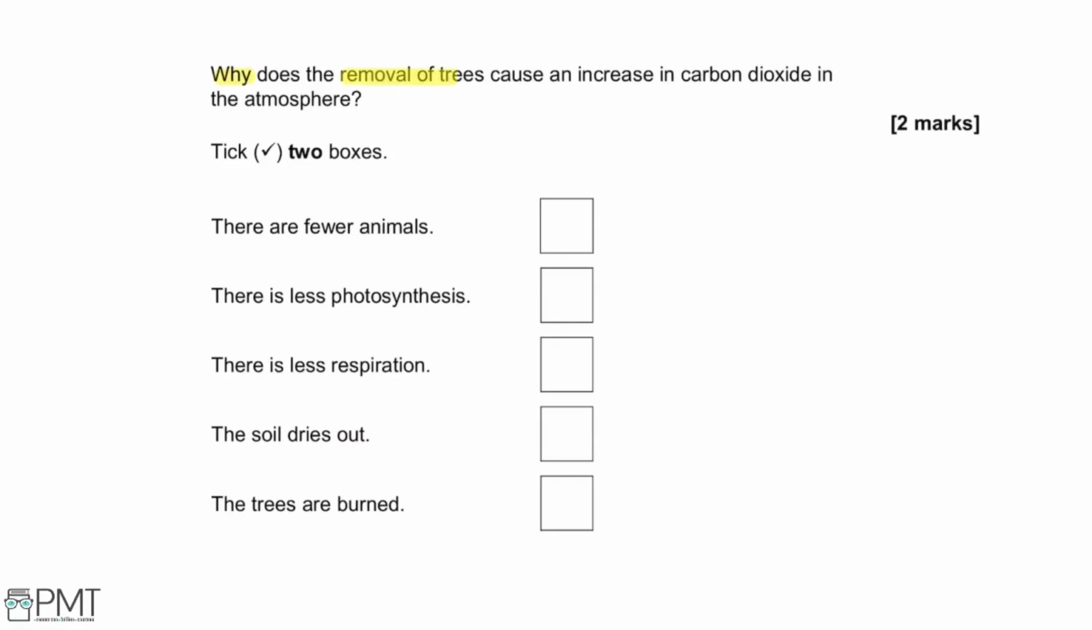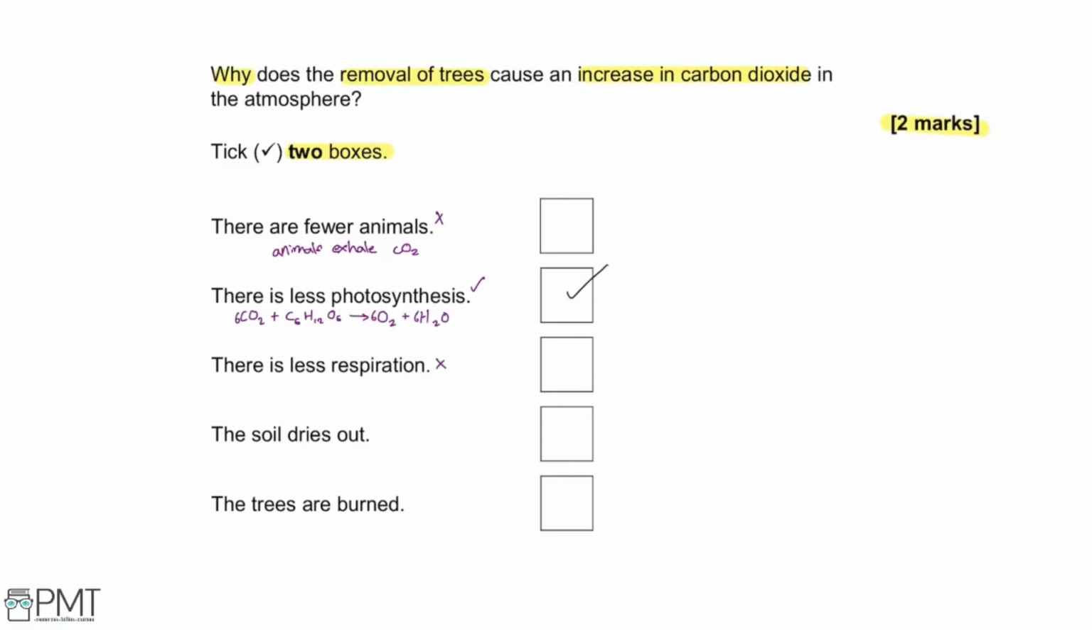Why does the removal of trees cause an increase in carbon dioxide in the atmosphere? Tick 2 boxes, and this question is worth 2 marks. You can work out the correct answer by working your way down the list. So the first option isn't correct because fewer animals would mean fewer exhalations of carbon dioxide, so that would decrease carbon dioxide levels. The next option, however, is correct because less photosynthesis means that less carbon dioxide is being taken in from the atmosphere, and you can see that from looking at the photosynthesis equation, which has carbon dioxide as